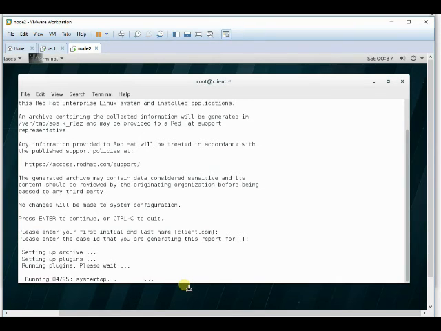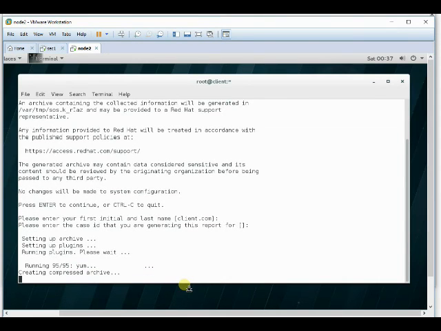In the SOS report, disk information, CPU information, memory information, all data is available. Running processes, disk space, SELinux details, all the PCI devices, all the RPMs, creating compressed archive. Now creating compressed archive.